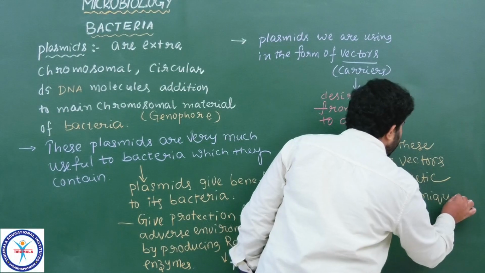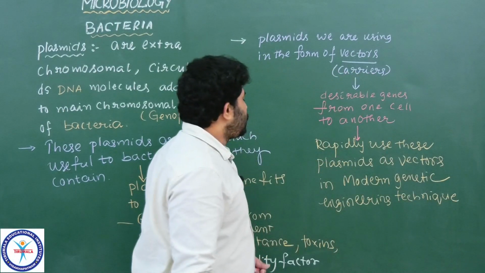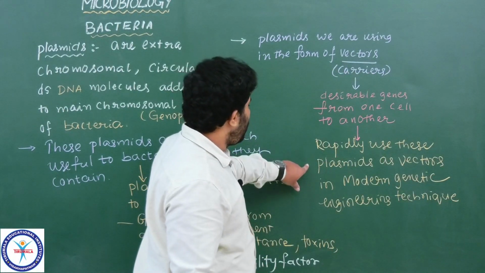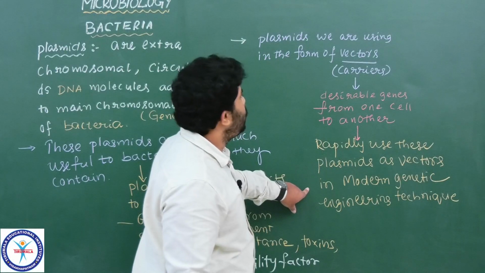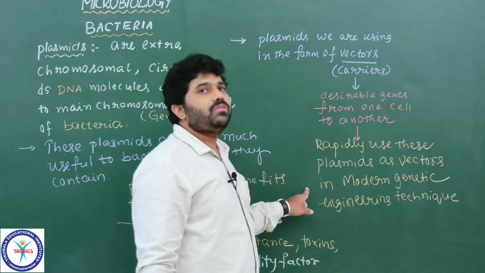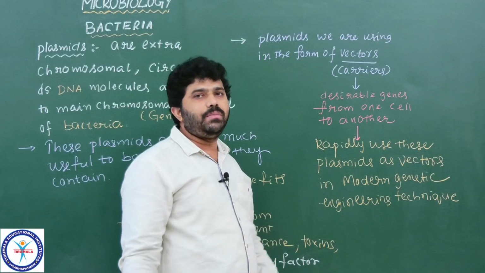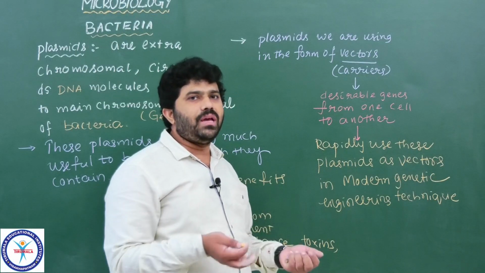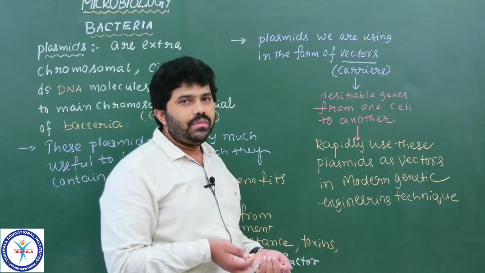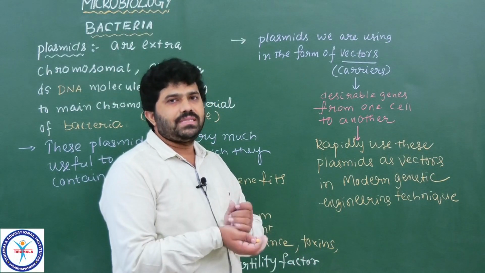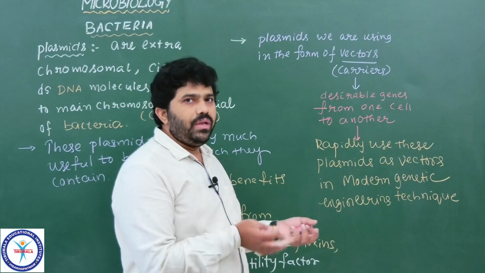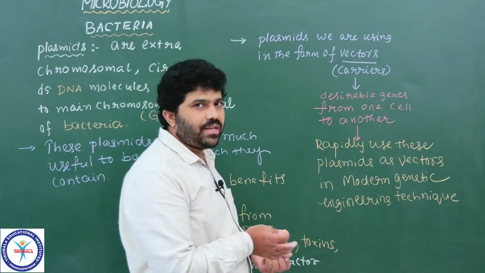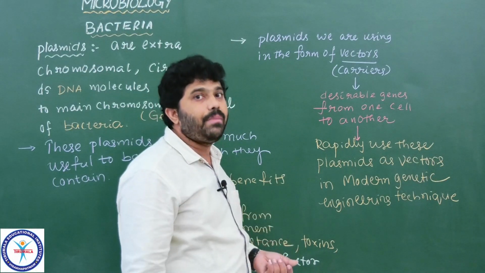Okay students, this is very important, in which we are going to use vectors like plasmids to carry genetic material from one organism to another organism, which is used rapidly in biotechnology. The topic of biotechnology we will discuss later. Understood? How we are using these plasmids as vectors to carry genetic materials in laboratory conditions